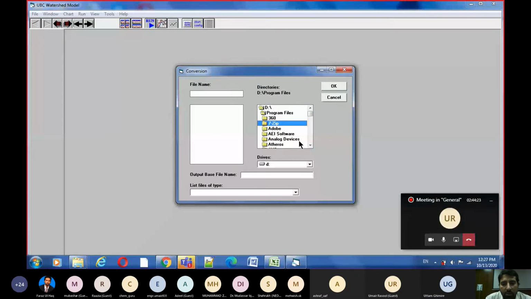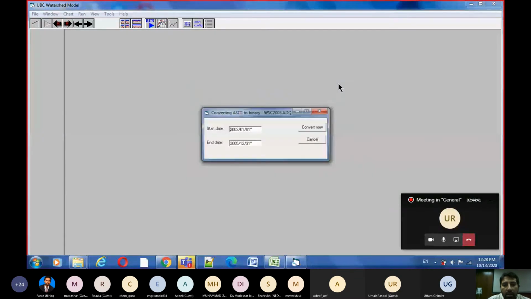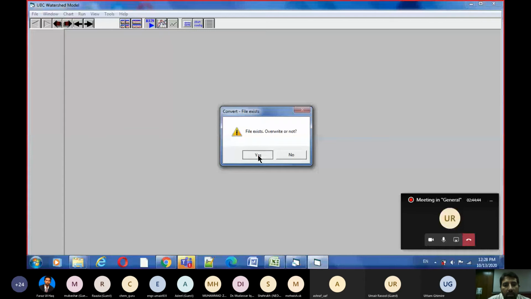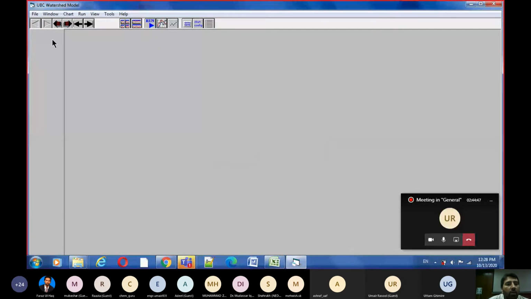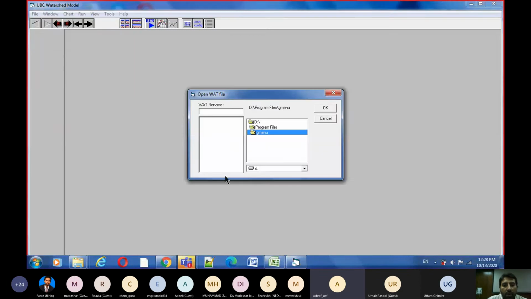Okay, the next step is to convert the discharge file ADQ to BDQ. Just select the ADQ file and then convert now. Yes, you can see it's done. Now the next step is to browse the WAD file from the same directory where